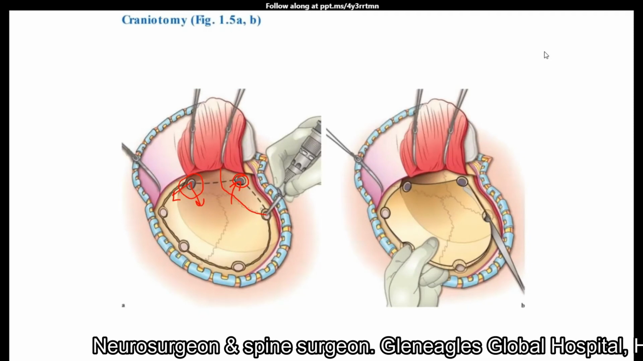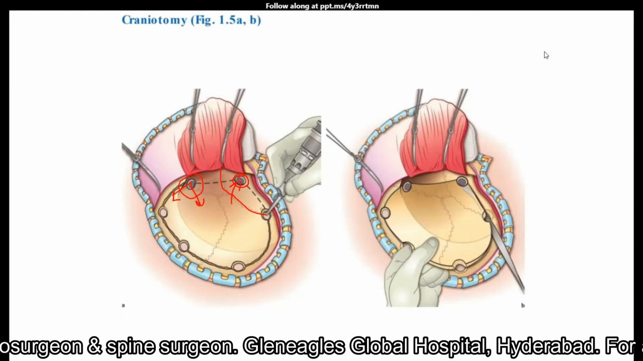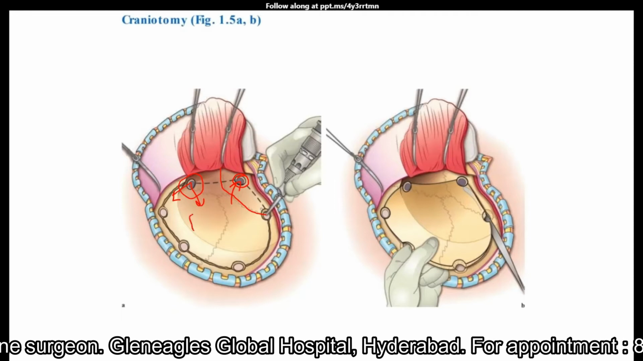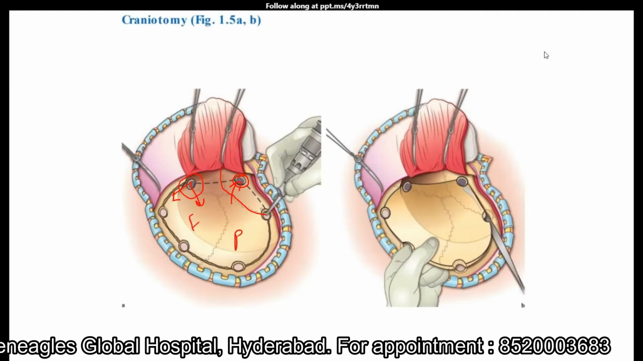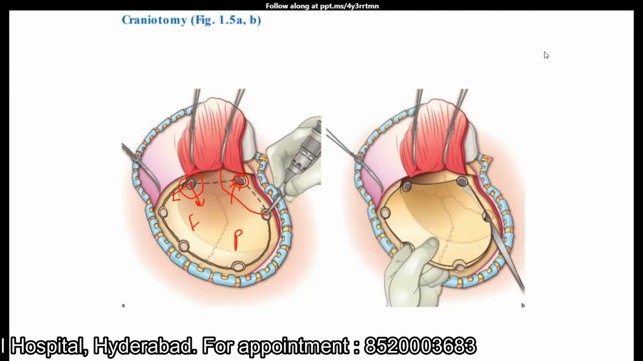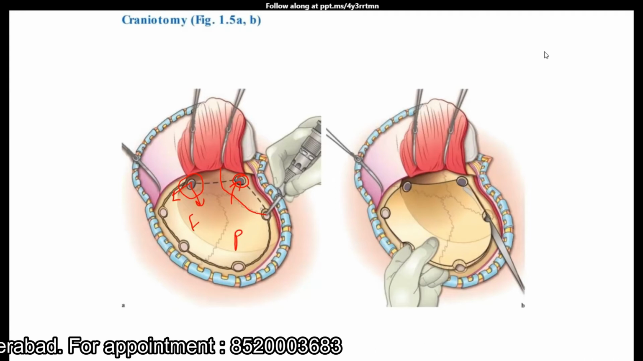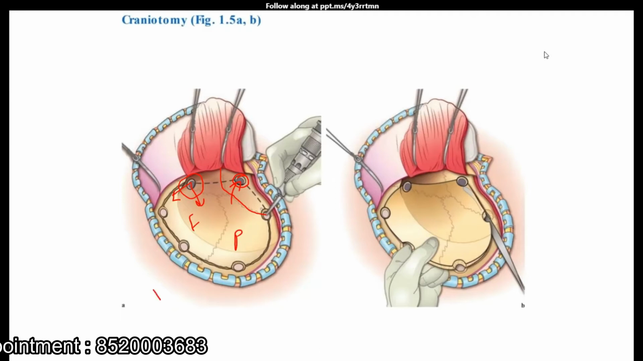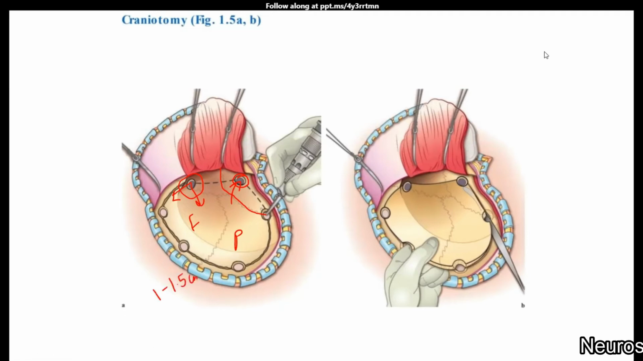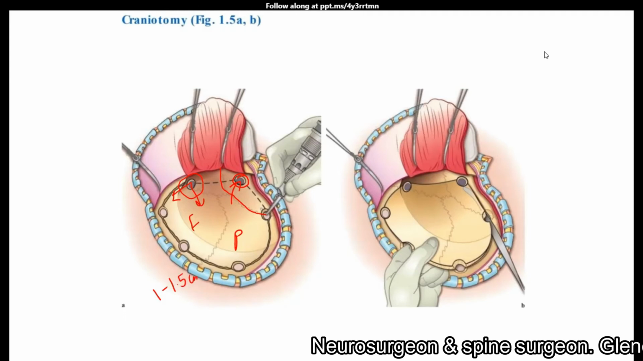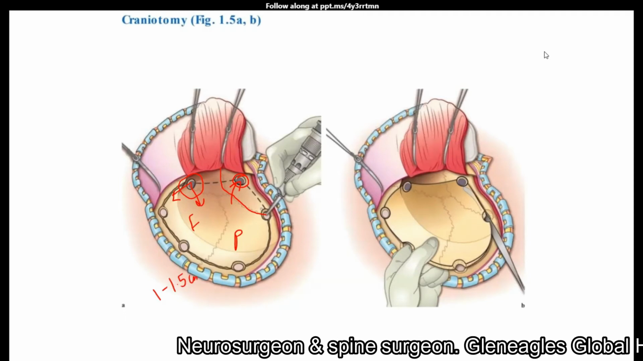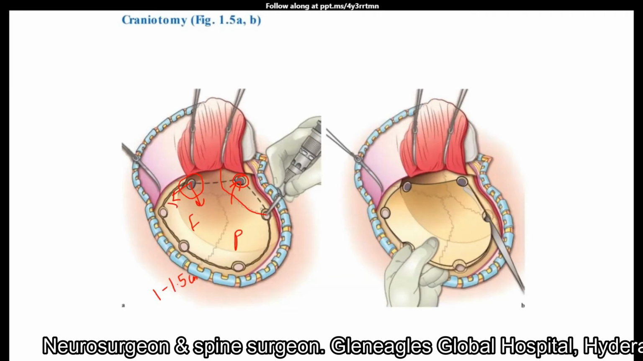Then the remaining burr holes are tailored. They are placed along the frontal and parietal bones along the midline, but ensure that they are at least 1 to 1.5 centimeters away from the midline. If they are very close to the midline, you risk injury to the superior sagittal sinus. And this particular burr hole,